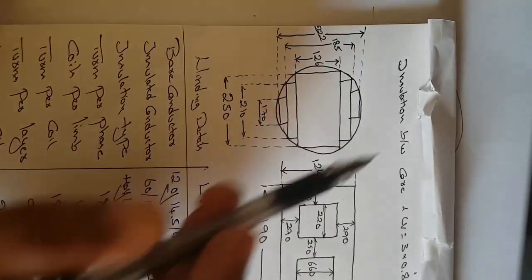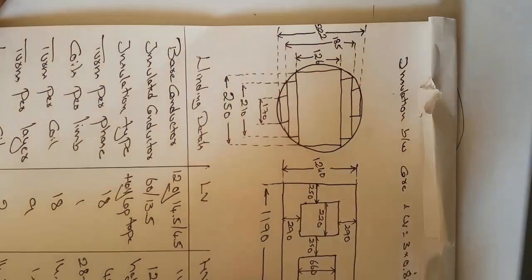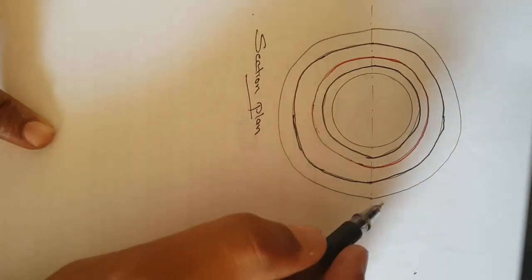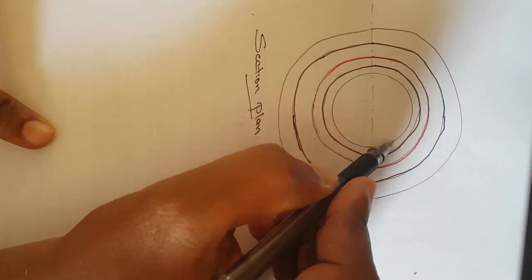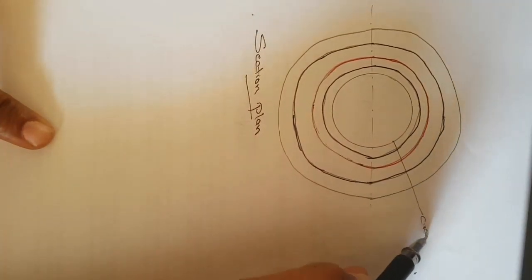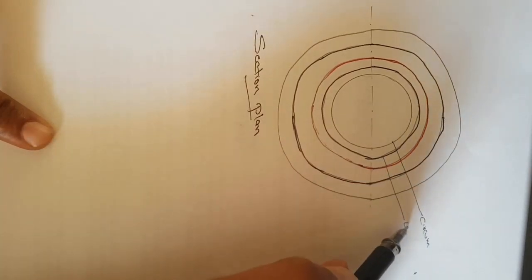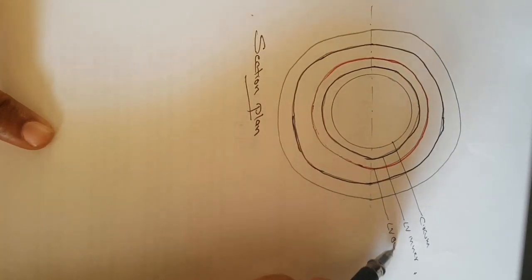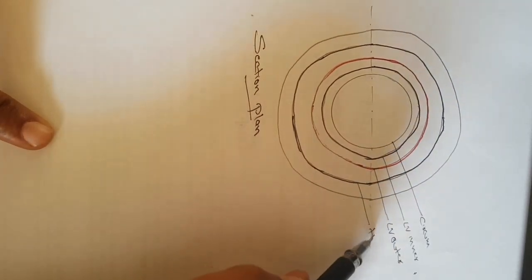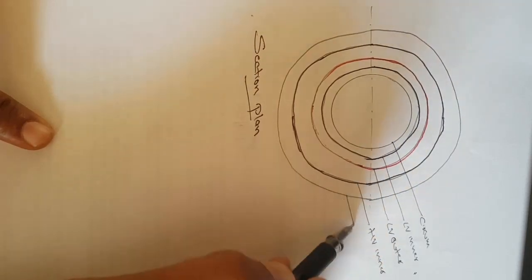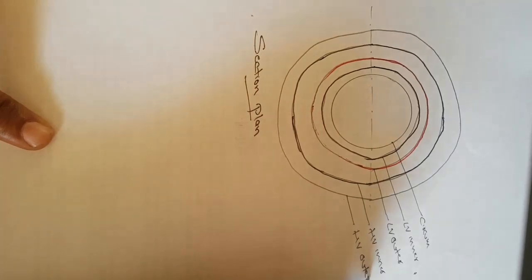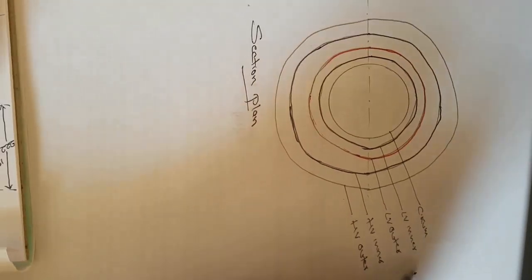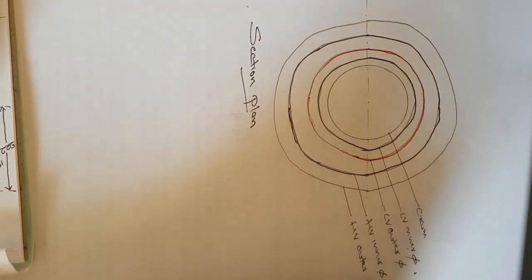And the insulation between core and LV winding is also given, right? So with this, now this is your section plan. In this section plan, this is the circumcircle dia, this is LV inner, this is your LV outer circle, and HV inner and then HV outer. So if you want to draw the sectional plan of this given transformer, you should know the dia of LV inner, LV outer, HV inner and then HV outer.